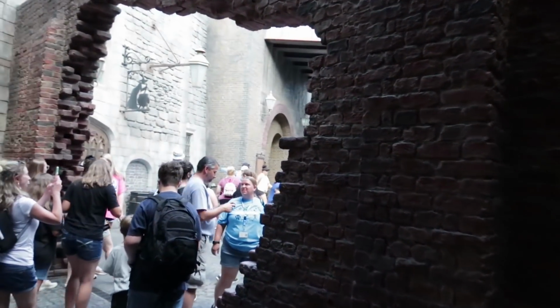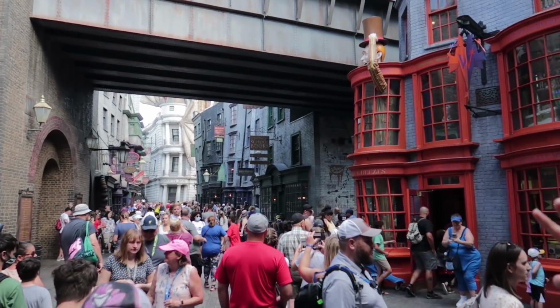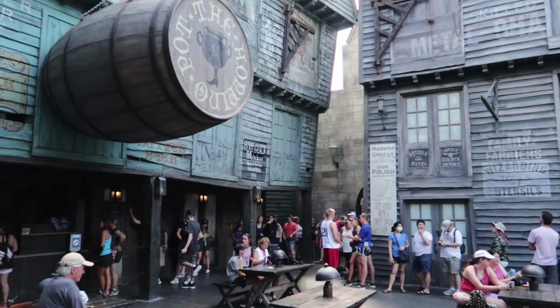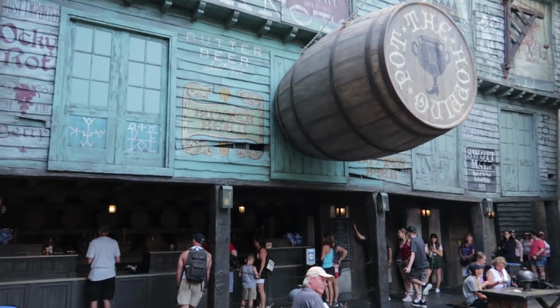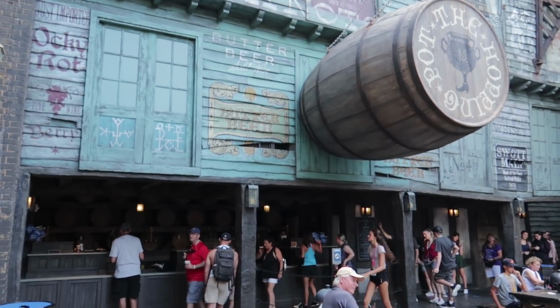Into Diagon Alley we go as I have an update for you. I would say it's kind of important as it does affect a tip I previously gave you. I previously gave the tip that to avoid the long lines for butterbeer at the Hopping Pot, to mobile order your butterbeer, but Universal has removed the mobile order feature for the Hopping Pot. That trick no longer applies. Now, I'm not saying they discontinued that because I gave you the tip, but it is one of those things that make you say,